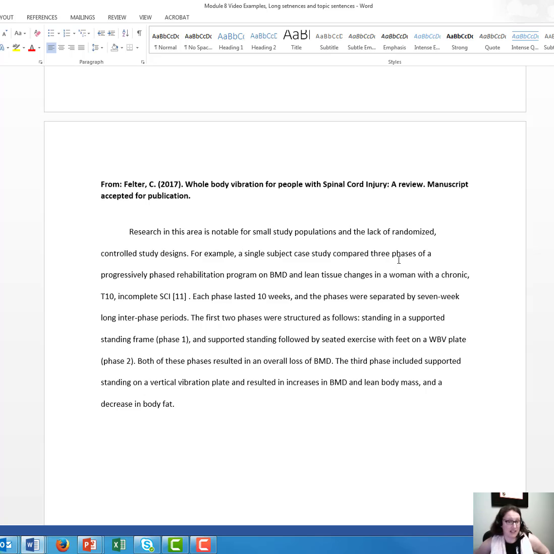So, right, this is a case study with only one person, one single subject. So it is an example of what is expressed in the topic sentence, that this bone mineral density is an important part of research on spinal cord injury and using whole body vibration. However, some of the work in this field is methodologically not nearly as comprehensive as it might need to be in order to make some stronger claims that this particular intervention works in patients with spinal cord injury. Okay, so again, this sentence here really livens up the